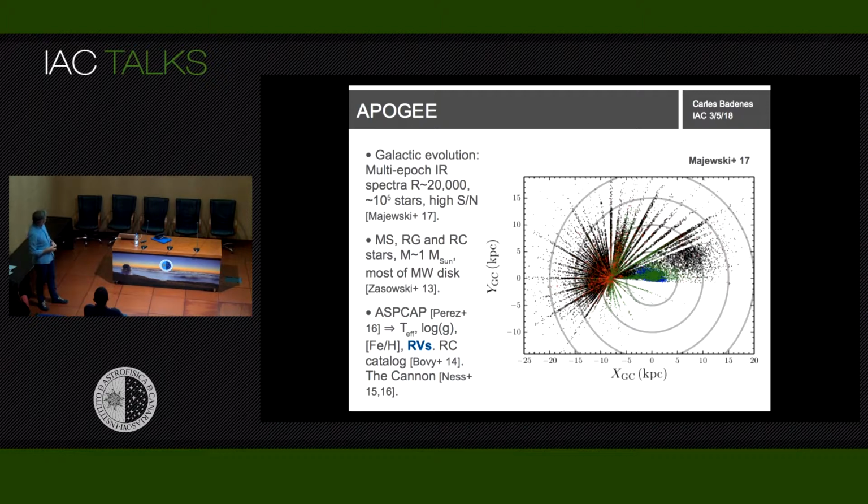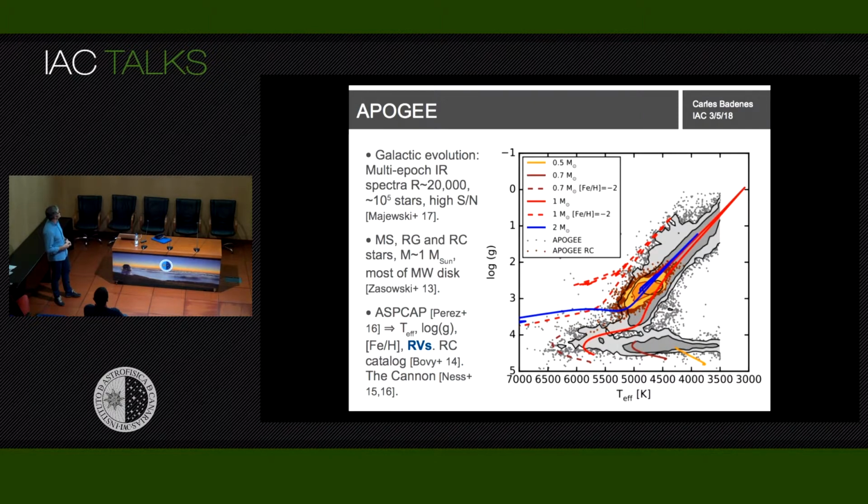Now, APOGEE has this wonderful pipeline that Carlos is responsible for. Well, no, not only him, but he has been the leading figure. And it measures effective temperatures, log g, metallicities, radial velocities. And you can also use this data to identify red clump stars, because they live in different parts of the parameter space. There's also a data-driven code called The Cannon that does very similar work, but it needs a training set, so it's important to have both. But anyway, you have a lot of stars measured with high precision. You can measure radial velocities very well, and you have many, many of them. So this seems like an interesting thing to try the stellar multiplicity